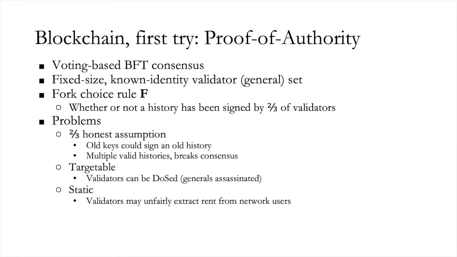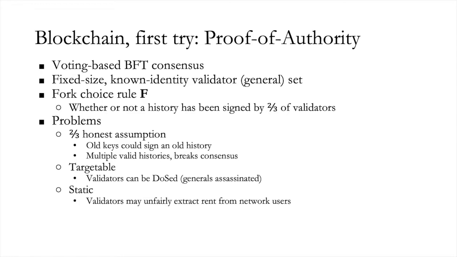So if, for example, some old generals had been honest when they participated in consensus, but they could now sign a different history. Nothing prevents them from signing multiple votes with the same key. And then if new participants join the network, participants who hadn't previously heard about the first sequence of votes, they won't safely be able to distinguish between these two histories. They will just see two different possible sequences of transactions, forking at some point in the past, and there will be no way for this fork choice rule to safely distinguish because multiple histories have been signed by 2/3 of validators.